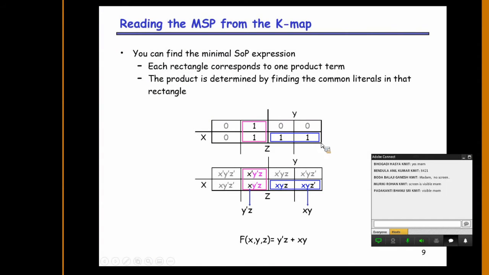So we have to place the functional values, and in order to minimize, the second step, after mapping your function, is to minimize the function by checking the adjacency. So what does adjacency mean? How are those binary cells adjacent? Adjacent binary cells have one variable difference.